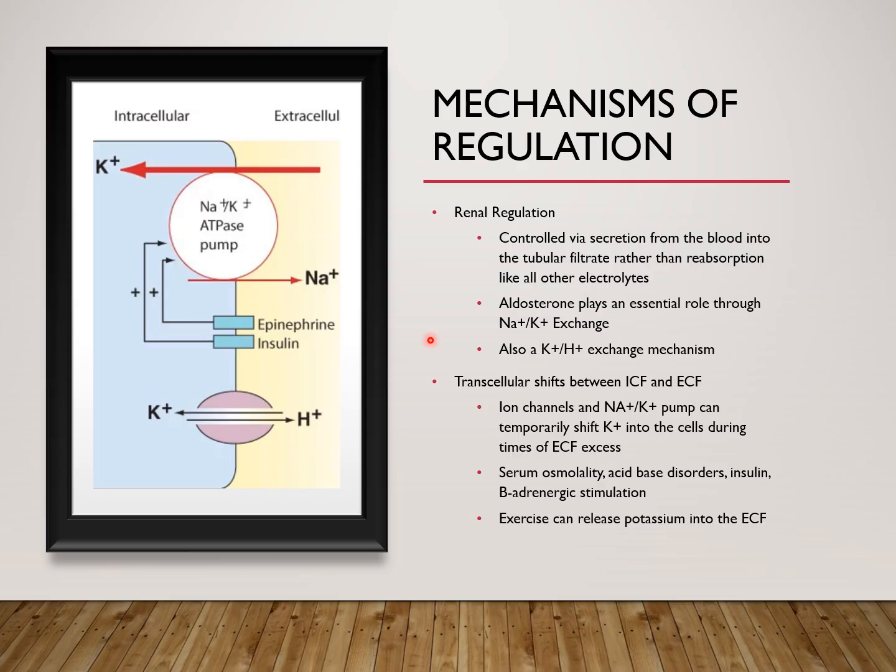And also at the level of the kidney, there's this exchange of potassium and hydrogen ions. When plasma potassium levels are high or increased, potassium is secreted into the urine and H plus is reabsorbed into the blood. So that exchange helps to, again, control or regulate potassium, but it also ends up producing an overall decrease in pH as we hold in more hydrogen. And this causes